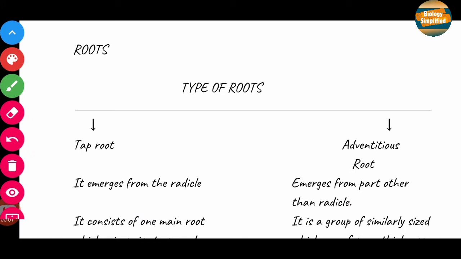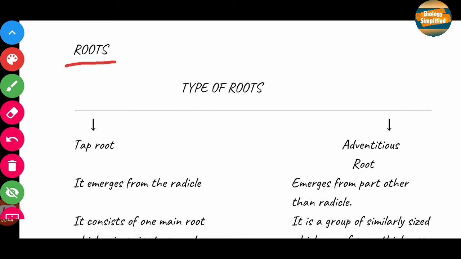Next we are going to talk about roots. This is the first structure we are going to see in detail. We'll see other structures like leaves, stem, flowers, and fruits in upcoming videos. Today we are going to see roots in detail: the types of roots, the regions of roots, how the root's external structure is divided, and what its external structure is. Then we'll see the modifications of roots. Let's start with the types of roots.